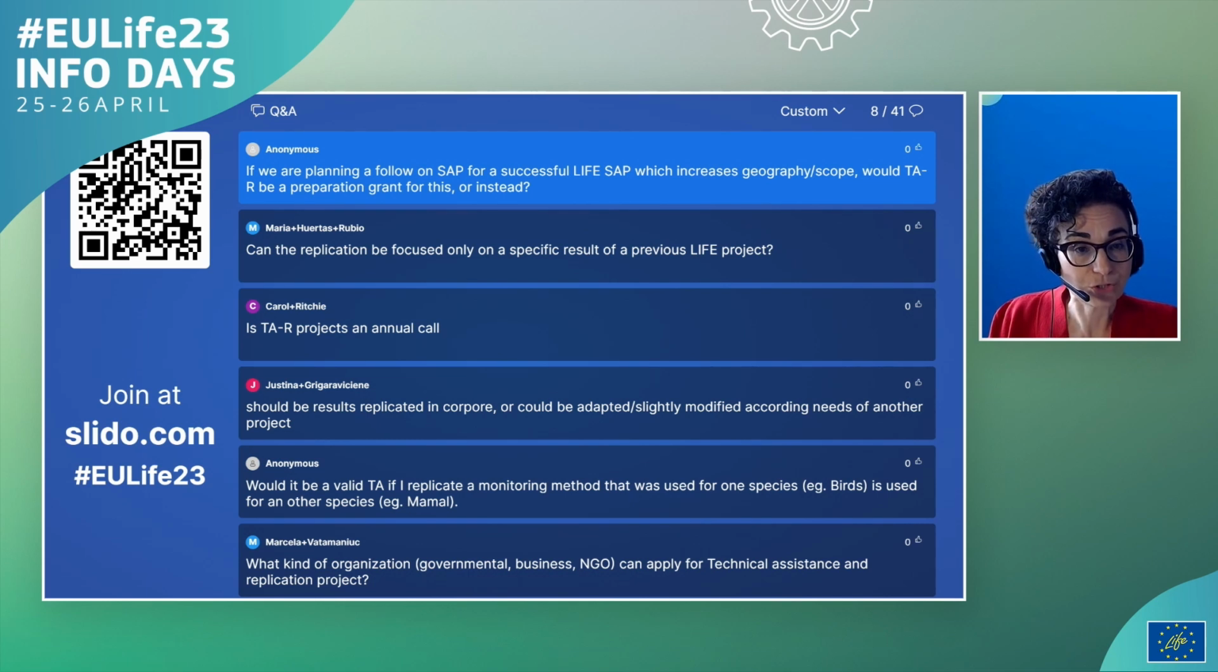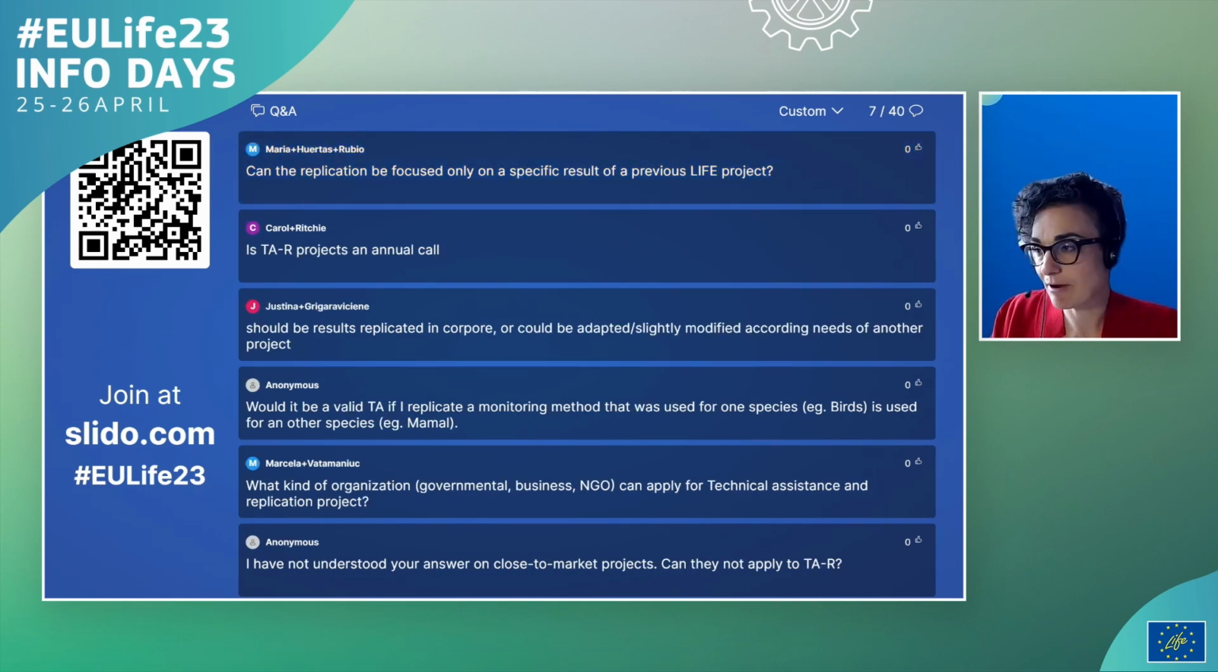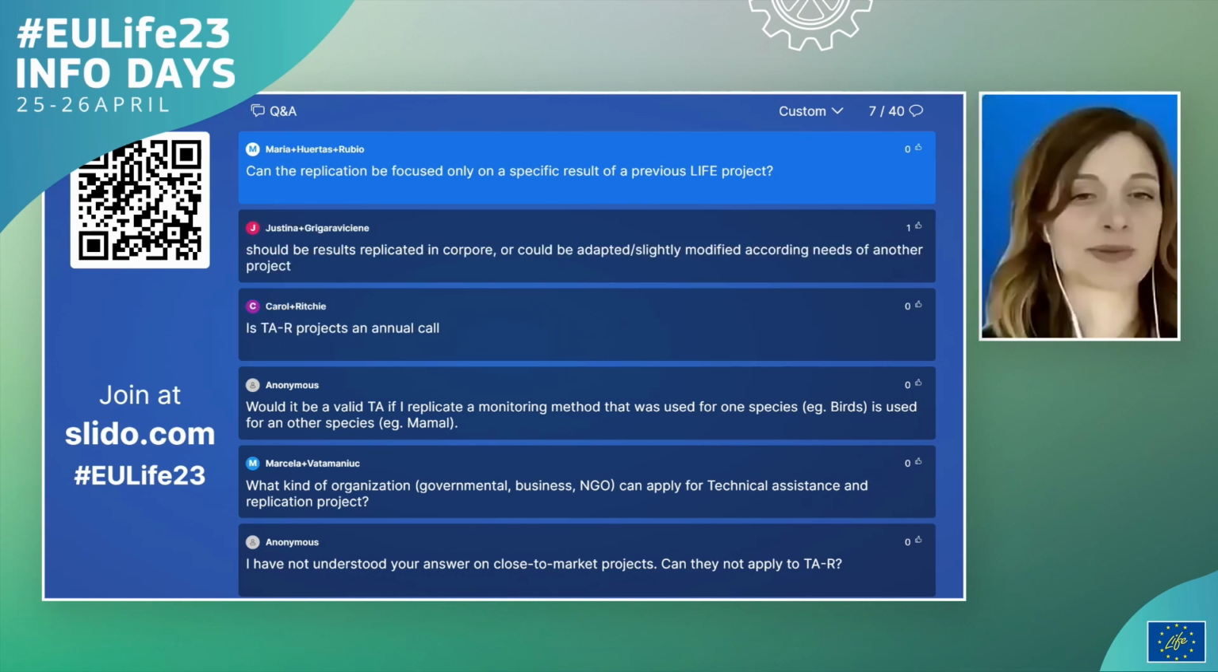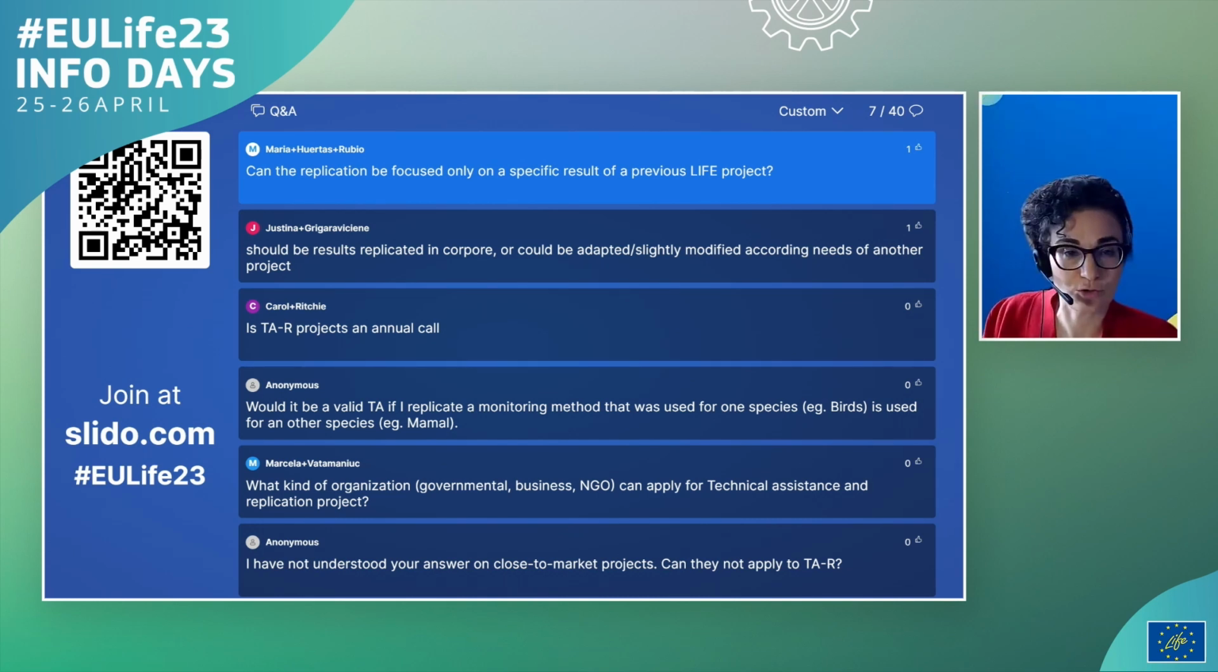Yeah. So then another question: can the replication be focused only on a specific result of a previous LIFE project? Yes, it can be replication of a specific result, or just solving the issue with a specific barrier or obstacle that the previous LIFE project faced. So yeah, it could be. I hope Maria Huertas and Rubio were happy with your reply. And then we go to